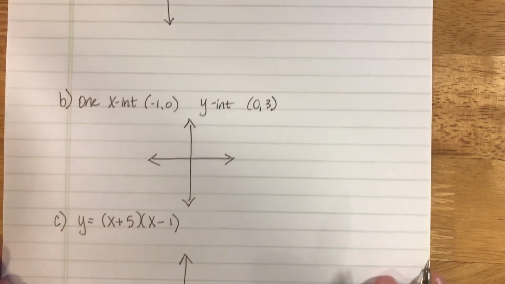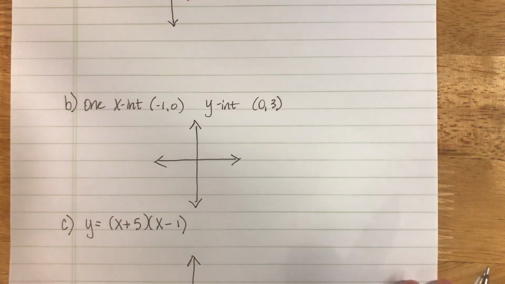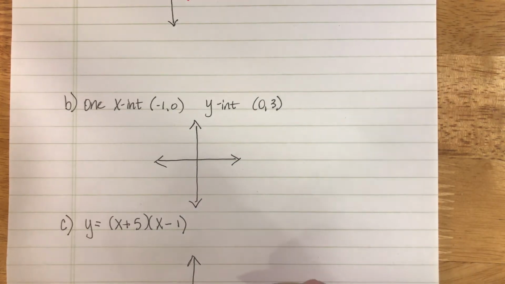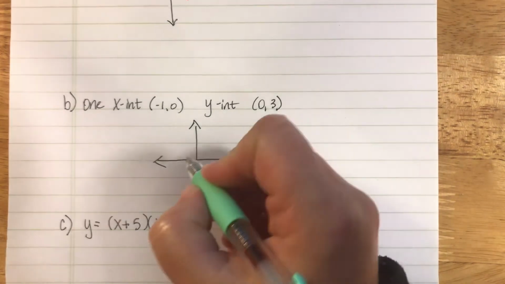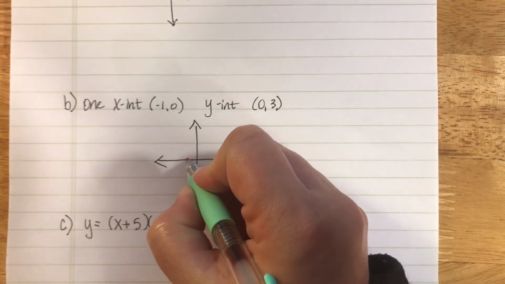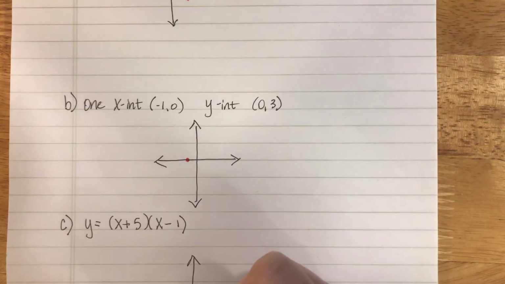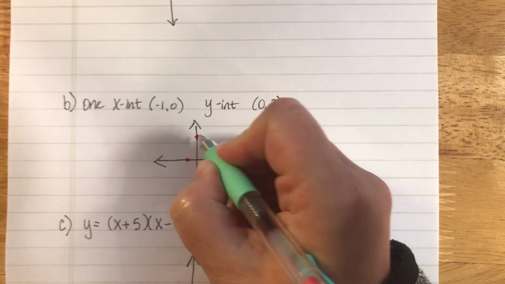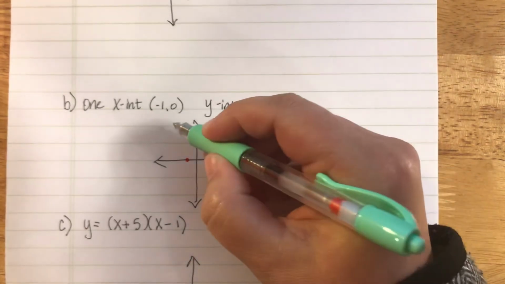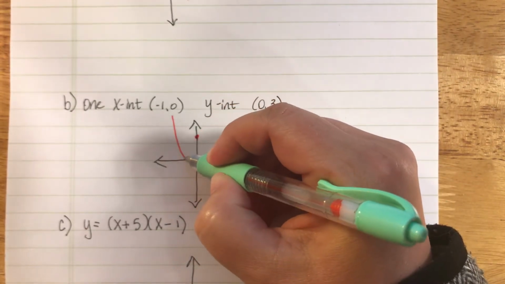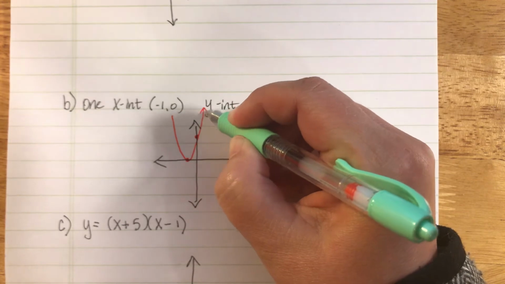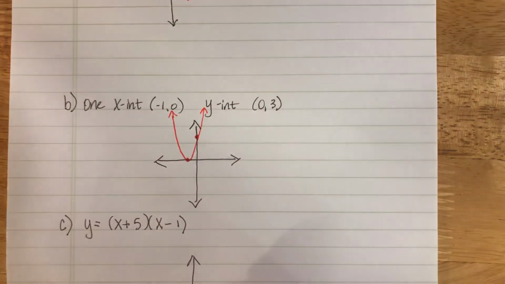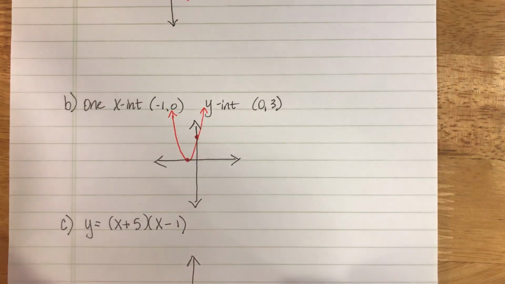So taking a look at this next one, this parabola only has one x-intercept. When you only have one x-intercept, that means the intercept is also the vertex. So I'm going to plot my point at (-1, 0), which I'm going to eyeball and say it's right about there. That would make (3, 0) about up here. And since this is the vertex and the x-intercept, that's all I have to do. The last one